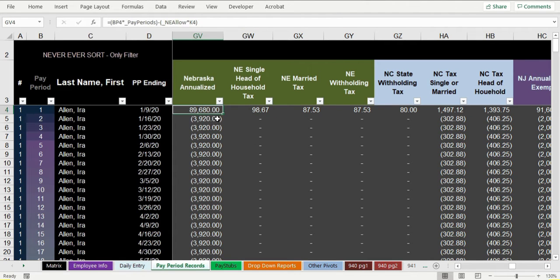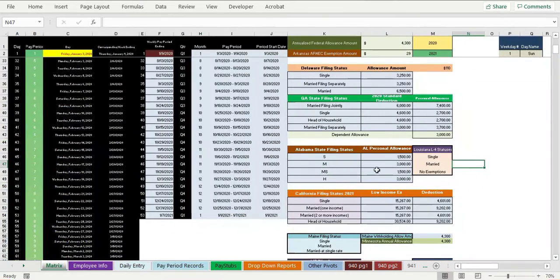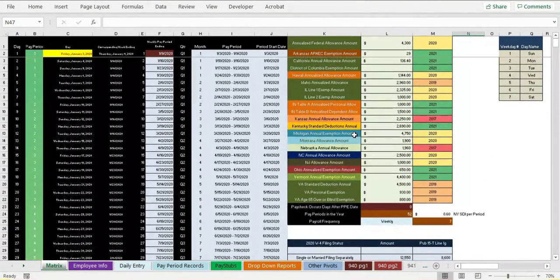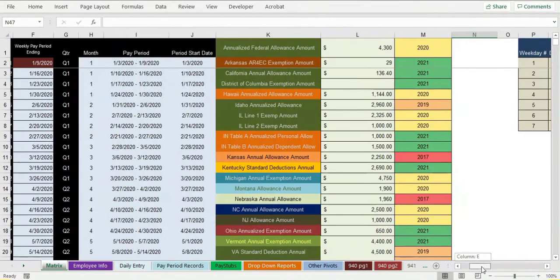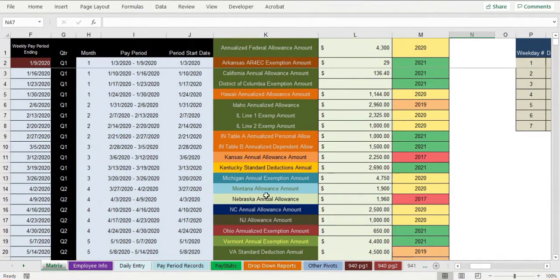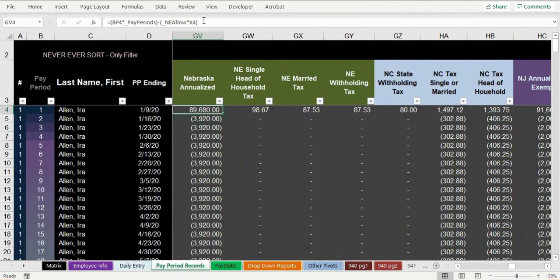All you're going to do is annualize your employees' wages: multiply the gross pay for the period, this is a week, times the number of pay periods in the year, that's 52 for this one, and get an annualized wage amount, minus your Nebraska allowances times $1,960. That is how much a Nebraska allowance is worth. It's been the same for a while. It's right here, $1,960. I think it's been the same since 2017. That's what it is. So you're just going to subtract that amount times the number of allowances, and you'll get this Nebraska annualized. That's going to be your wage base for Nebraska that you're going to be multiplying this rate